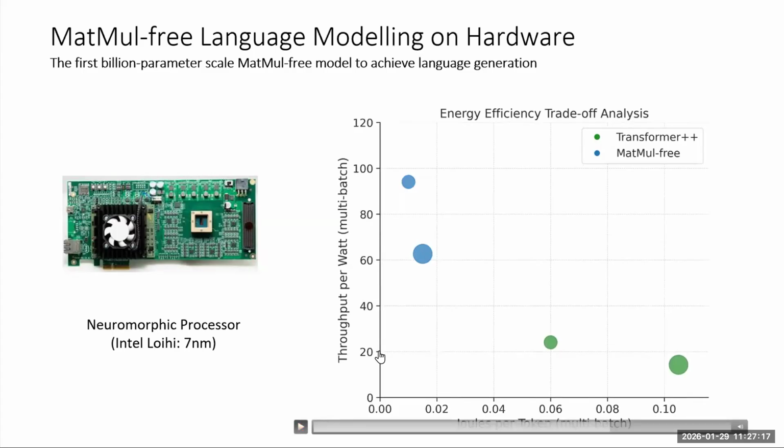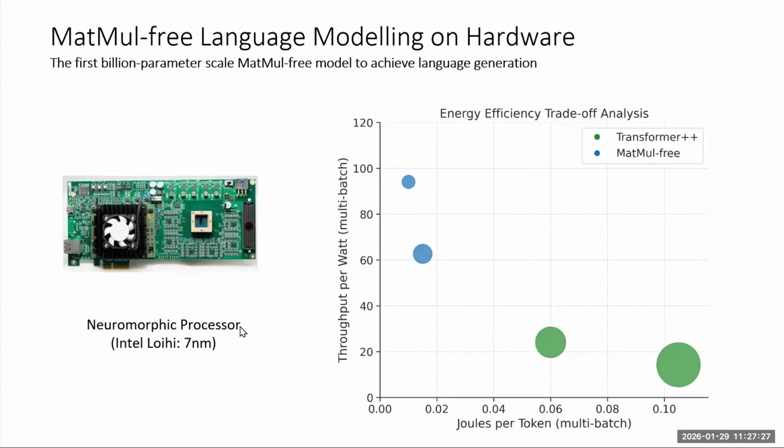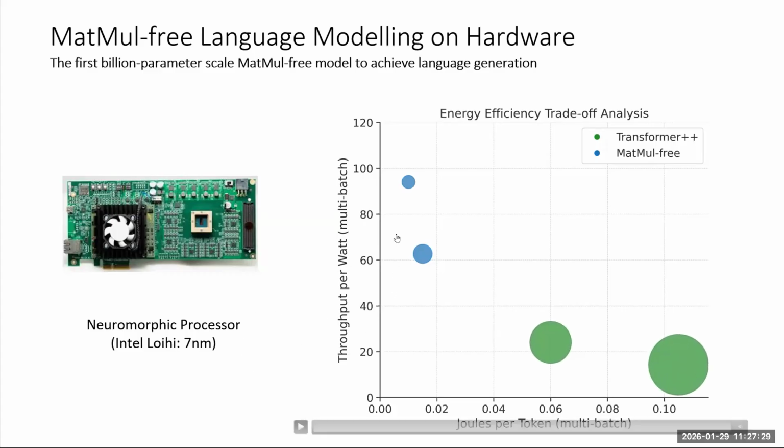That's all well and good, but keep in mind, these are ternary models. The Transformer++ models are going to be BrainFloat 16 models. And so if I normalize the size of these circles to the amount of memory they use instead of the number of parameters, we're doing far better with a lot less. In terms of benchmark results, for almost everything that cares about short context windows, we're more or less on par. So ternary models are really quite robust. When it comes to long context benchmarks, that's where recurrence starts to break down a little bit. So needle in a haystack type tasks, recurrence is not so effective at those.